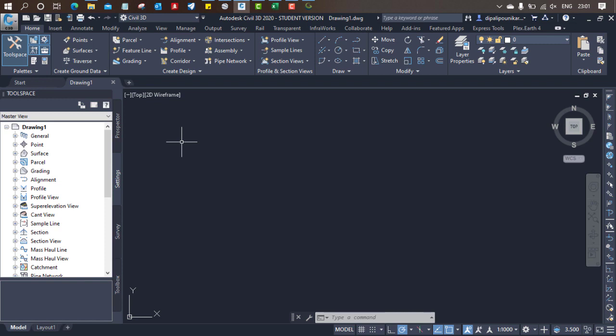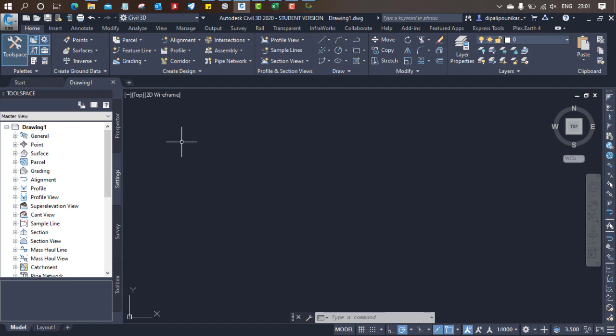I'll suggest you get the information from this particular website because Civil 3D software is very good, compatible for highway and railway designing. It also helps to provide the conceptual designing of infrastructure related to the highway and the railway. That is a very good portion that Autodesk has covered. So let's get started with the video.